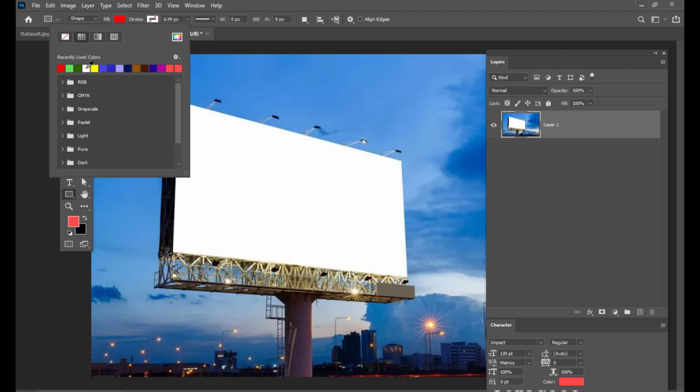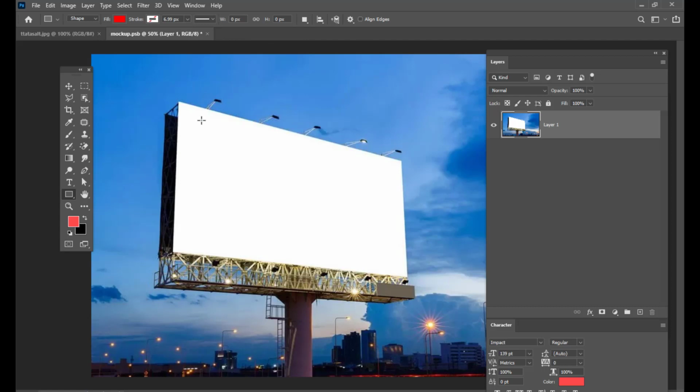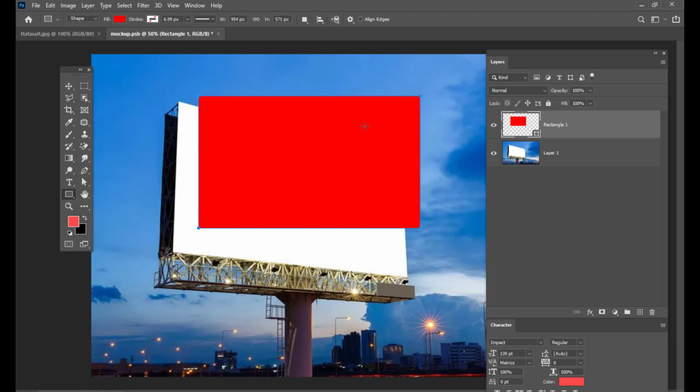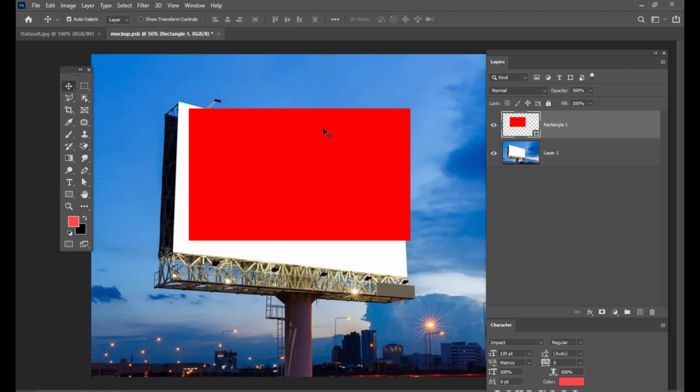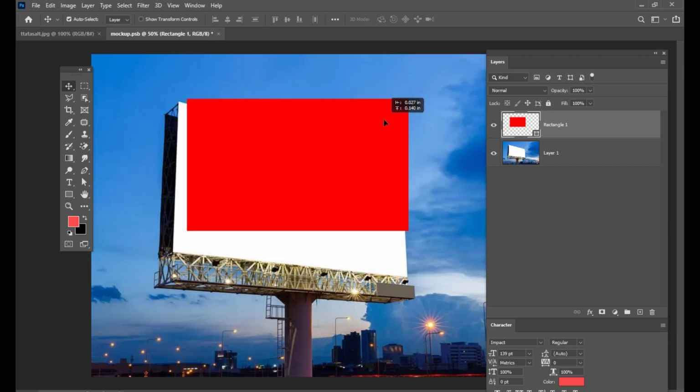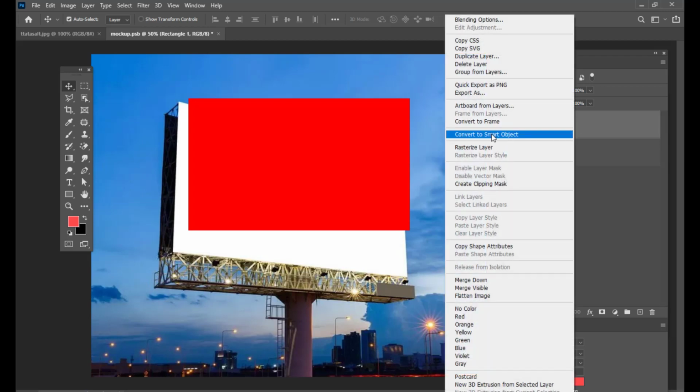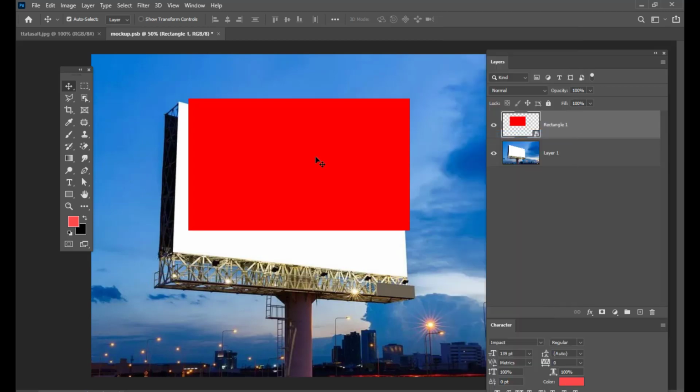You can pick any color because color is not going to matter at all. Before adjusting this rectangle, we are going to convert it into a smart object. Simply right click on this layer and select convert to smart object. Now this rectangle layer has become a smart object layer.